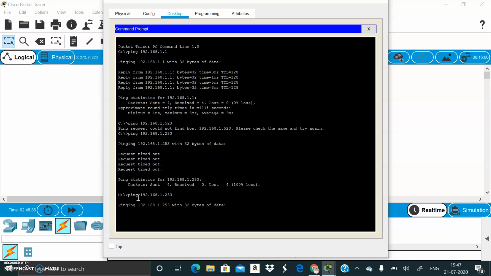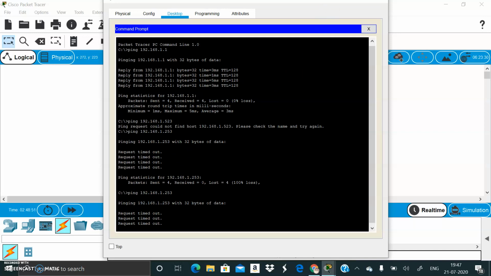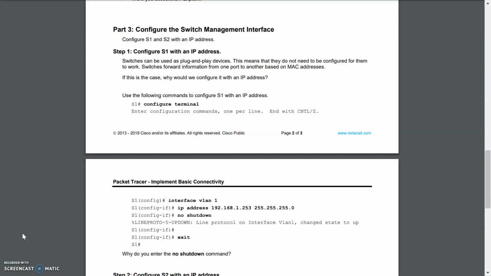When we see here, it will show the request timed out, which means the success rate will be 0%. So we are unsuccessful. To get successful, we have to configure the switch 1 with an IP address.